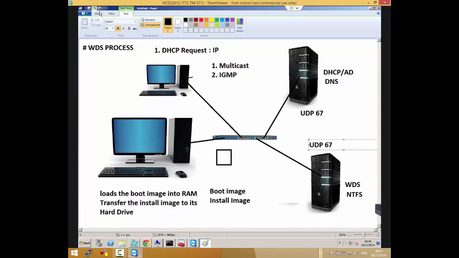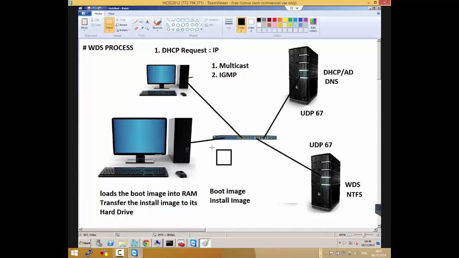So what happens is that this computer boots up and sends a DHCP broadcast, and this one gets it. This one is configured with an IP address scope, so it will reply with an IP address and say, this is an IP address for you. When this one gets the DHCP request, it will also respond because it's also listening on port 67.